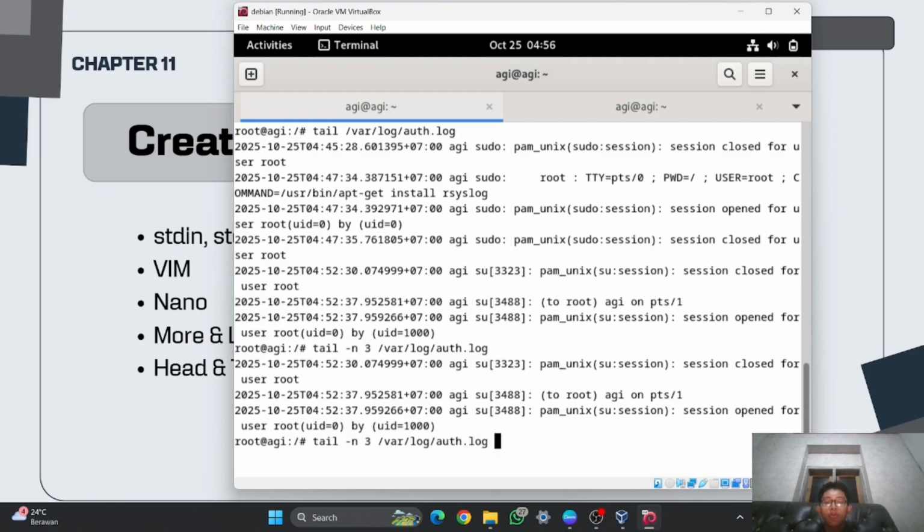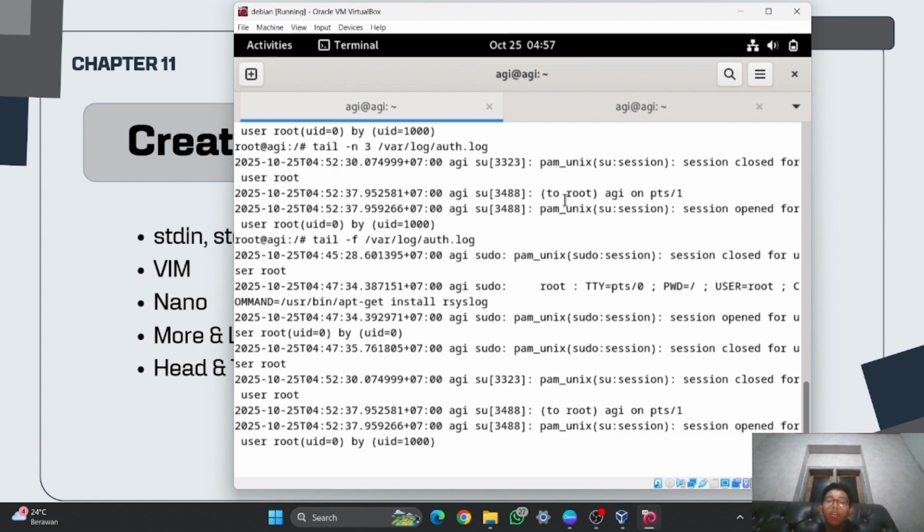Then to do that, you can use tail -f, and it is used to see the log in real time. And the auth log shows a history in real time, like edited files and so on. Then enter.